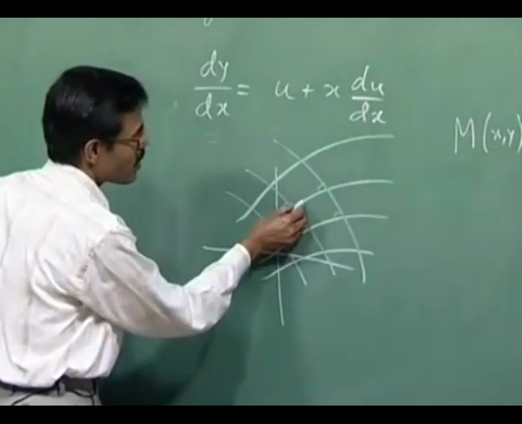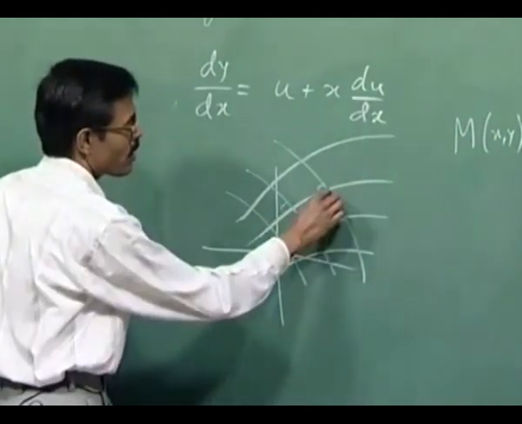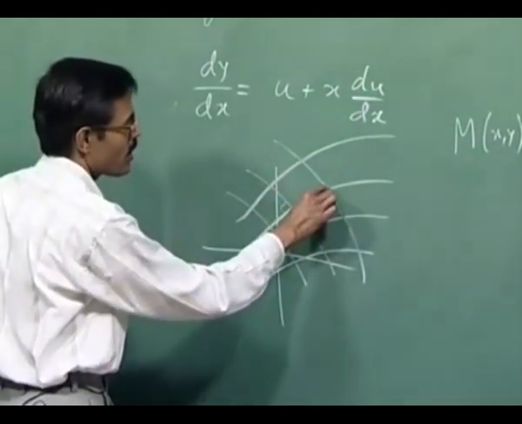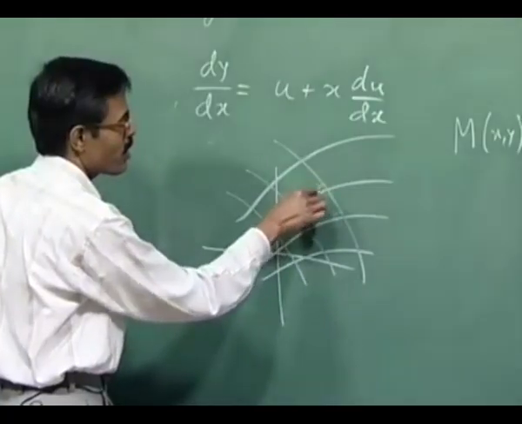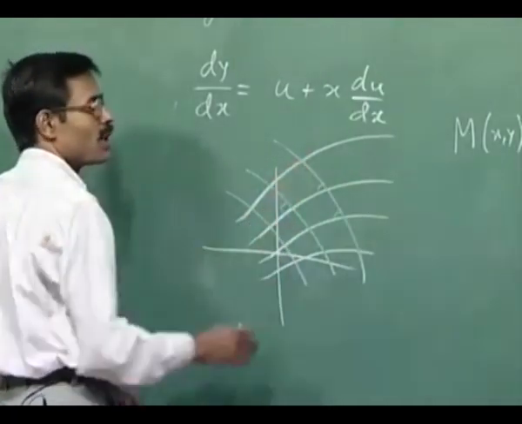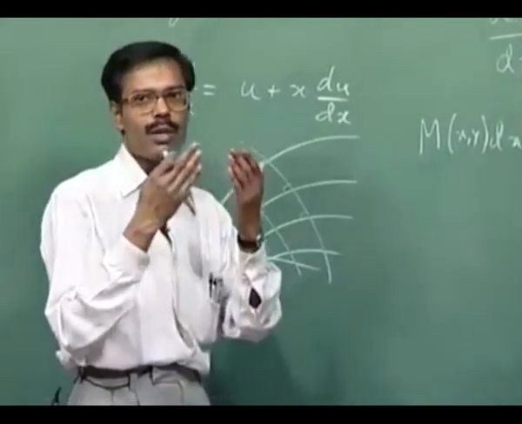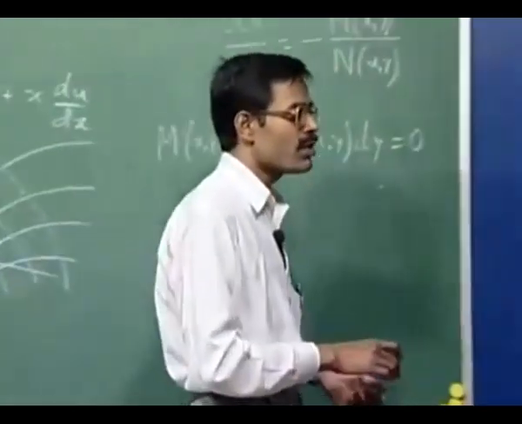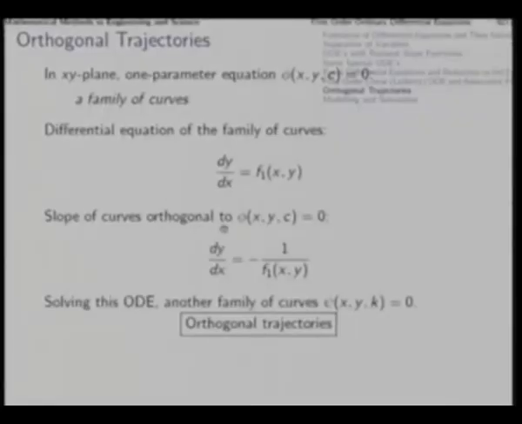So, that means the slope of this white curve and the slope of the intersecting blue curve at every intersection point must be at a right angle. That means this fellow's slope and this fellow's slope, the product of the two slopes should be -1. So, when we use that fact from analytic geometry, we say that the slope of the curves orthogonal to this will be dy by dx equal to